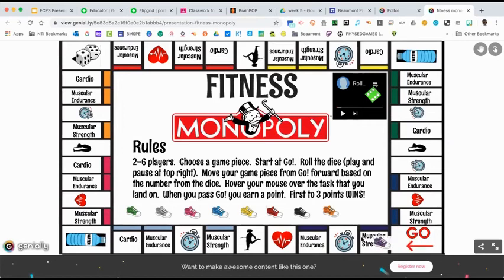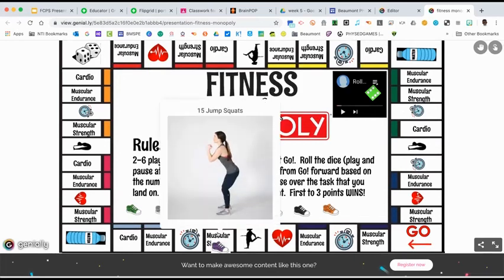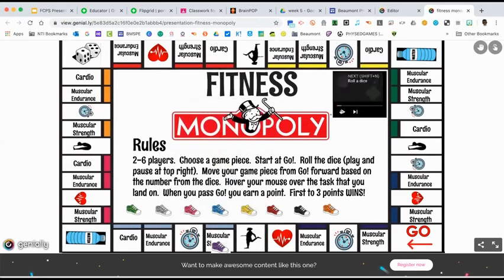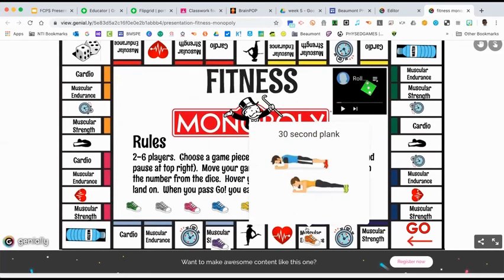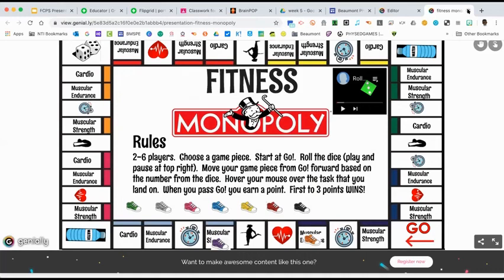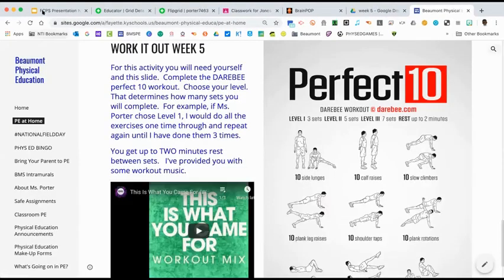So for instance, if this person rolled a 6, when they stop here, all they have to do is hover over the muscular strength exercise, and they would demonstrate that activity 15 times. And then somebody else would go. So then you would play and pause once again. They can move their game pieces to 3, hover over it, and then that's what they would demonstrate for 30 seconds. So I'm really proud of this one that I was able to create for my kids